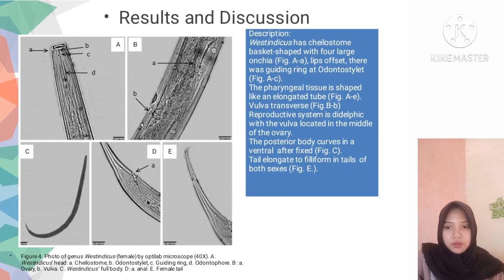The genus Westindicus found were female, where the male was not found. After the fixation process, it was found that the upper posterior body curved into the ventral side. The body length and the diameter ranging from 1.64 to 1.97 millimeters and 53.25 to 67.90 micron. The cuticula is smooth and the offset lips have a lip width of about